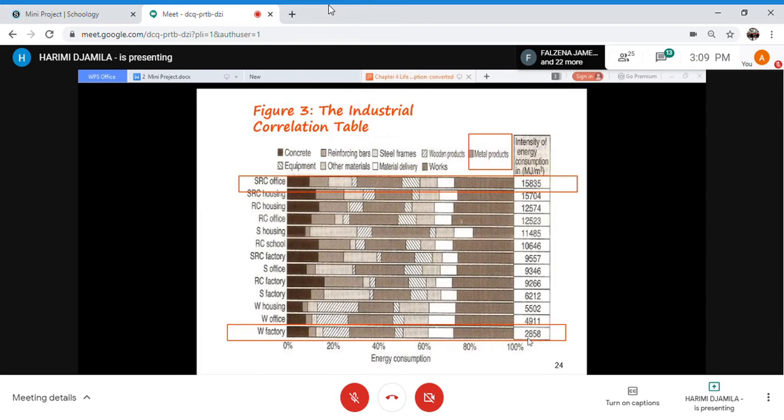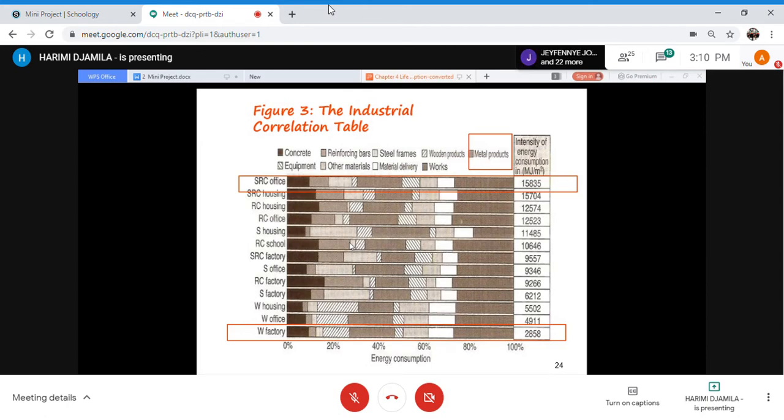I want to refer to something. All right. How was the calculation for this table made? It was created by calculating the total energy consumed in constructing all new buildings. So there are various types of building, as I mentioned before. As I mentioned, this type of map is now named the industrial correlation